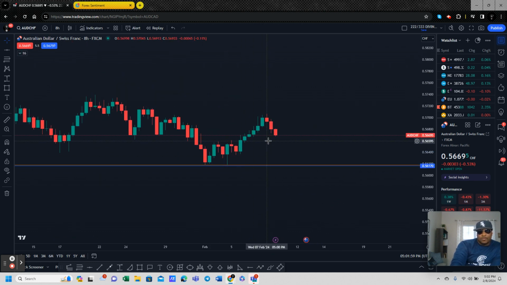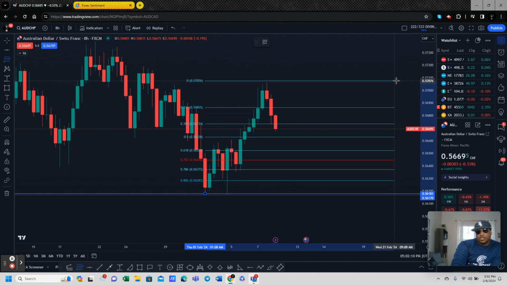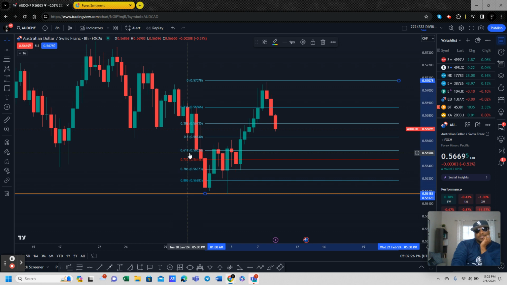I like the fact that we're getting close to a retest of this area here. And what I would do is pull up my fibs and use my Fibonacci strategy. Essentially, I want to see if price can come back above this 23% area. And if it does and it holds, I would look to trade it back down to the 61% as a retracement type trade.